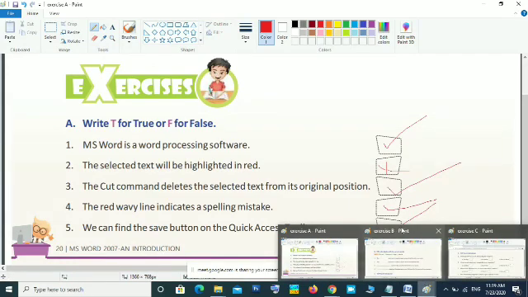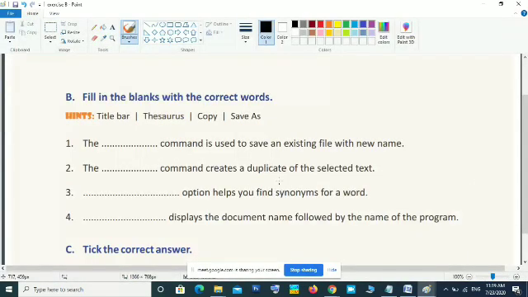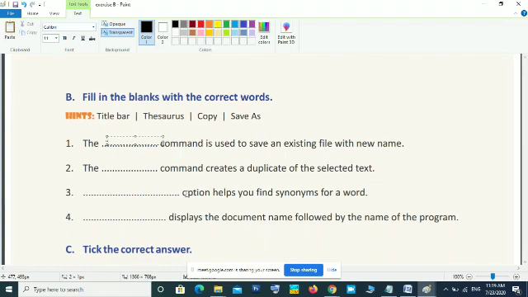Then the next activity is fill in the blanks with the correct words. First one, the command used to save an existing file with a new name. The command used to save a file with a new name is save as.